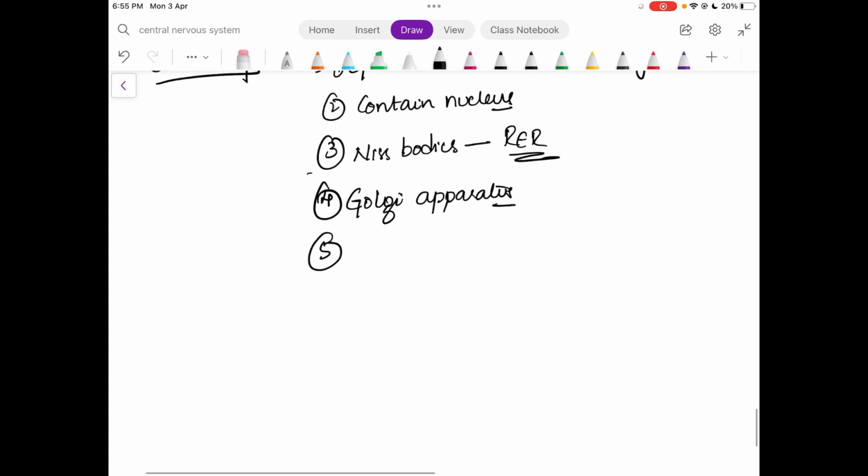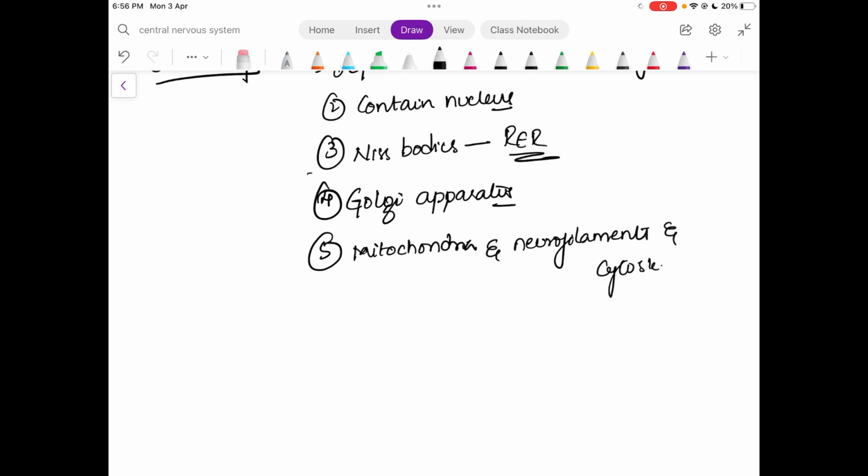They contain mitochondria and neurofilaments and cytoskeleton. They will receive synaptic input